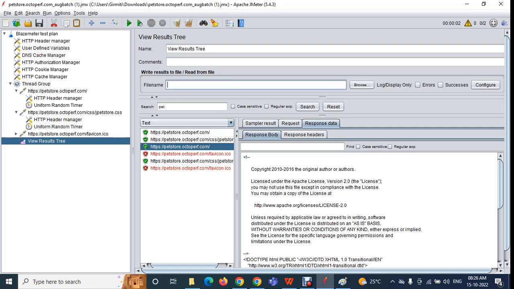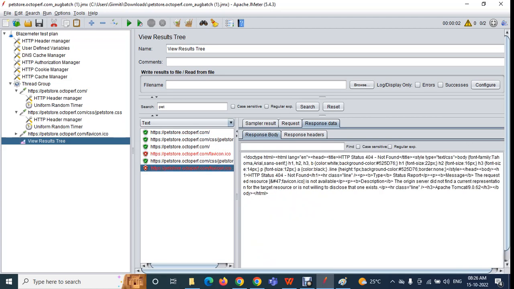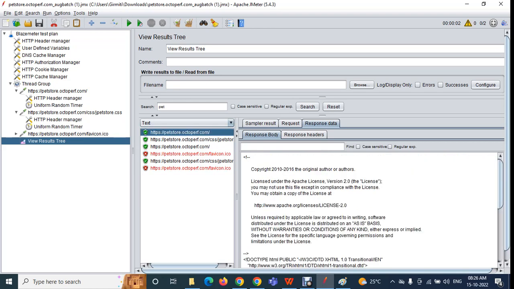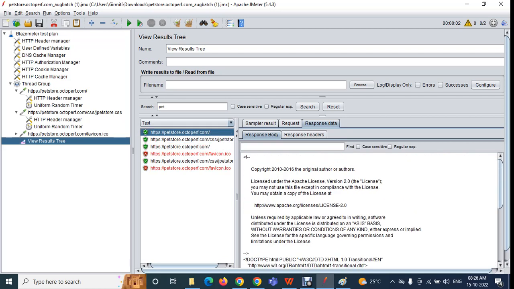And coming to this file, write results to a file and read from the file, you can see, right? See, here we got the log, pet store and all of these. So we can save this. Okay, you can save this file. So going forward, whenever you are working in real time, we need to save this file. We need to save all of these in a file. How can we save? You can give the file name here and you can save it.